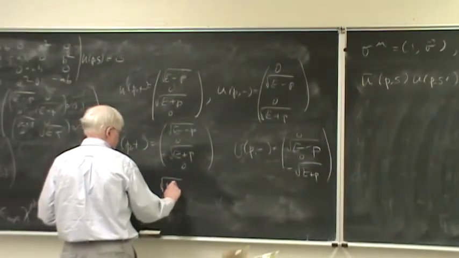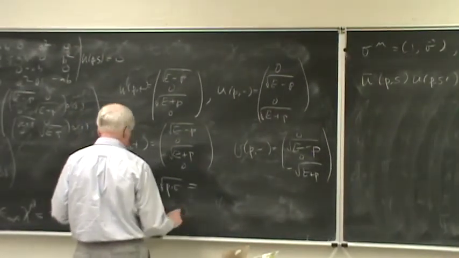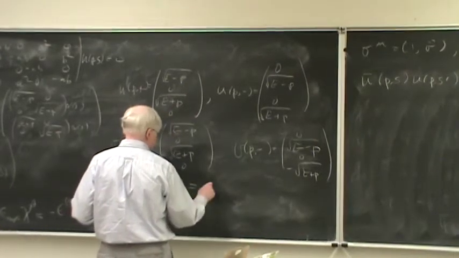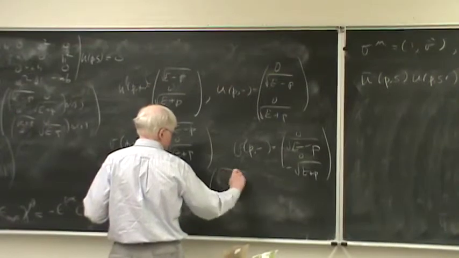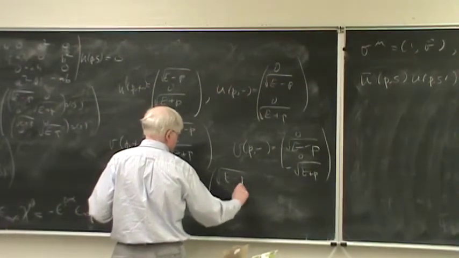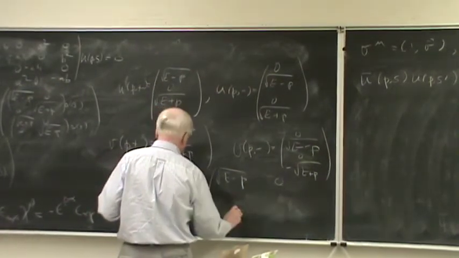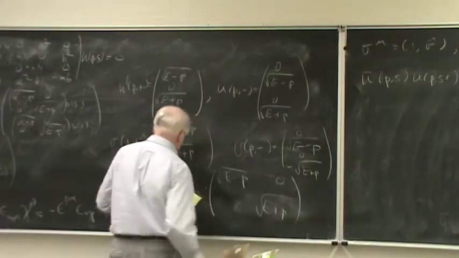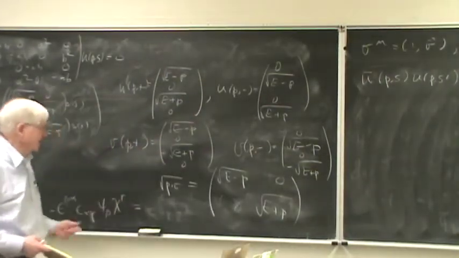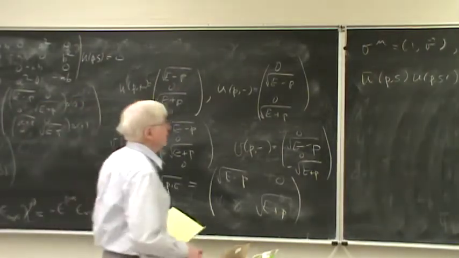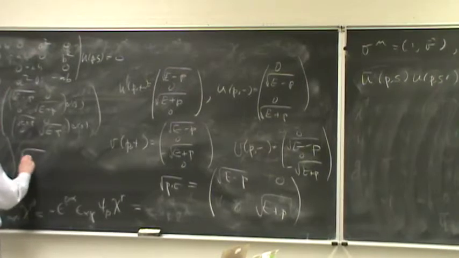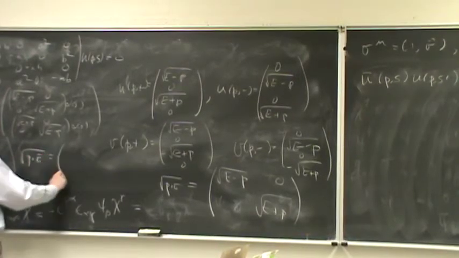Square root of p dot sigma. Okay, what's that? Well, again, we're talking about motion in the z direction. So this is square root of E minus P, 0, 0, square root of E plus P. So this is a cute way of writing that. And one can also write square root of p dot sigma bar,